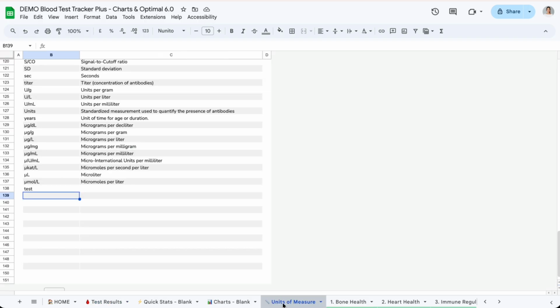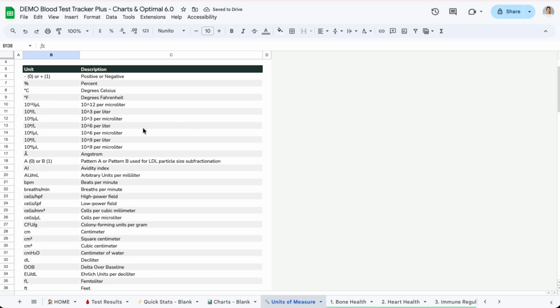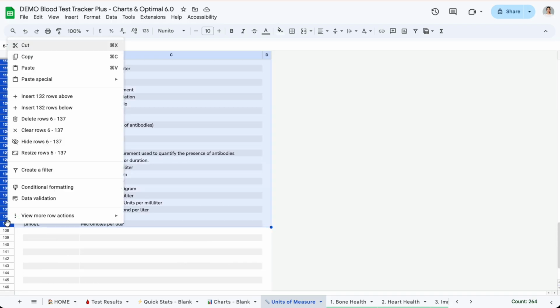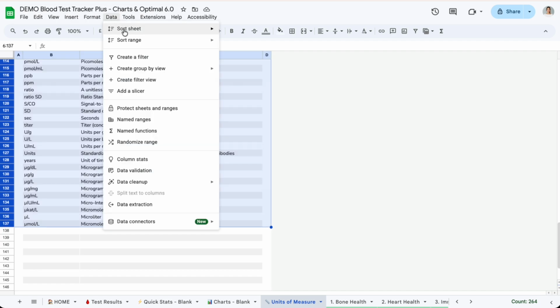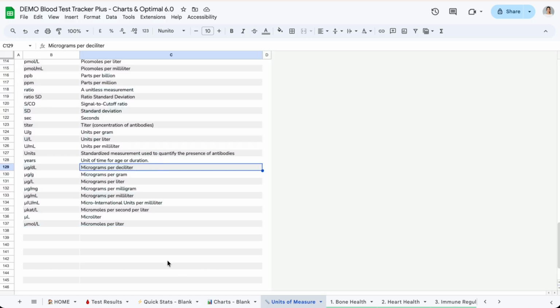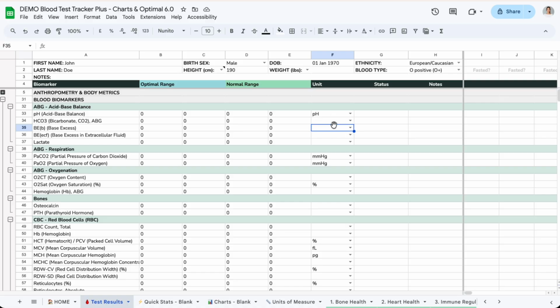Okay, and if you want to reorganize these in a different order, right now they're in alphabetical order. The easiest way is to highlight everything and go to Data, Sort range, go to Advanced, and you want to sort either maybe by column B or perhaps by column C, description, and if you press sort, that will change the way that these are being organized. But it doesn't really make a huge difference because even when you're on this page, you can type